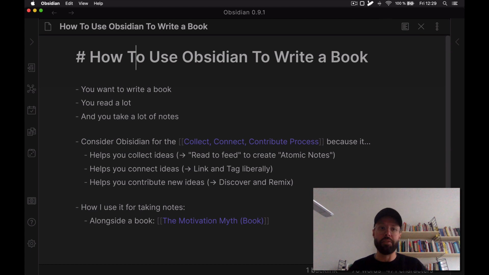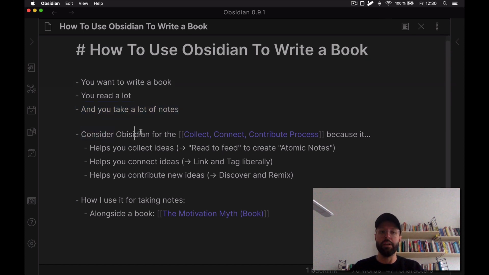Just to give you an example, so how to use Obsidian to write a book. You want to write a book or publish an article, and if anything, something novel, right? You want to create something new. So I know you want to write a book. I also know you read a lot. You mentioned that yesterday. You're looking in all these different domains, from, you mentioned propaganda, but also technology, and you want to cover a broad base. And I also know you take a lot of notes. And so this is why I want you to consider Obsidian, and especially for what I call the collect, connect,